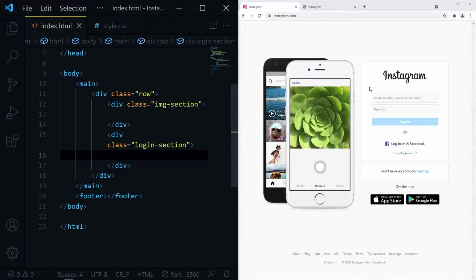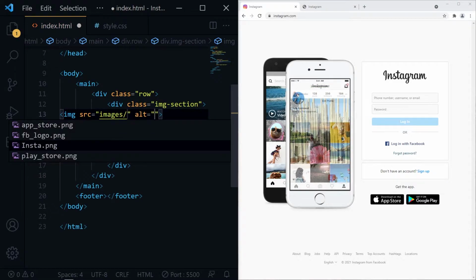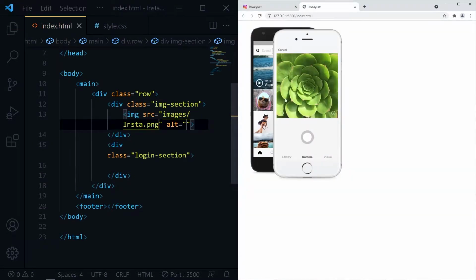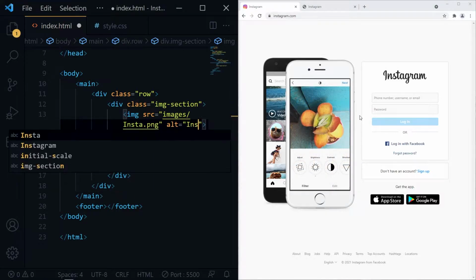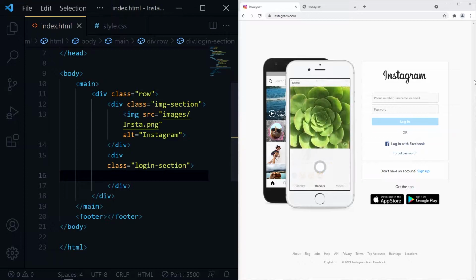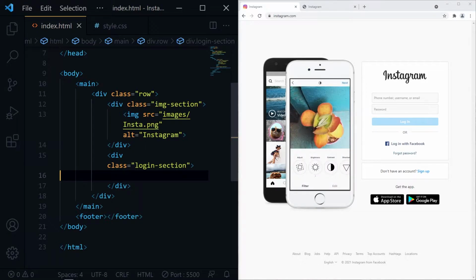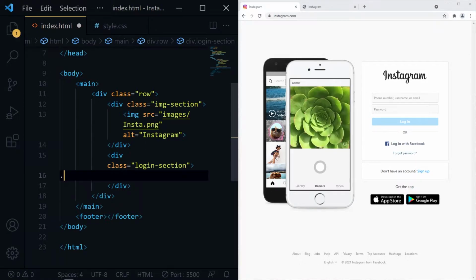And in the image section, we need to place our main image. And for the login section, we have three containers, and two of them have background color white and border. I'll name it white BG.